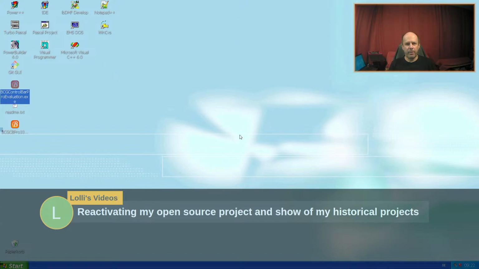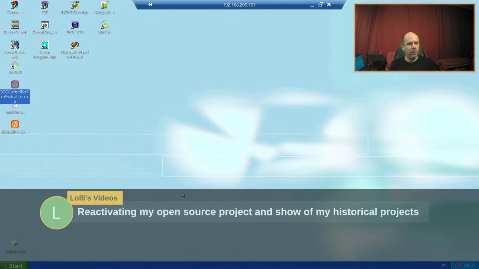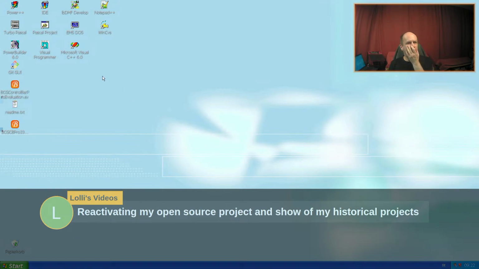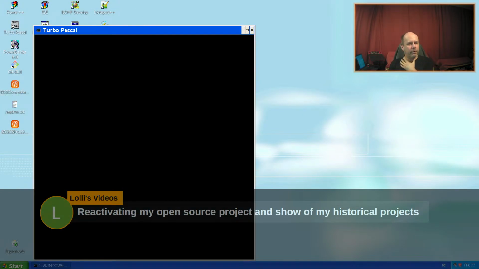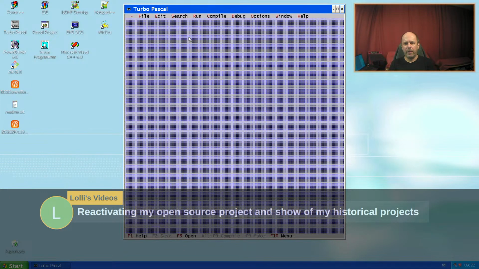So where do I go next with my speech about, which one I want to show? Okay, historically I have as well running a Pascal compiler on my XP system. This is probably not running on Windows 10. I have not tried it.